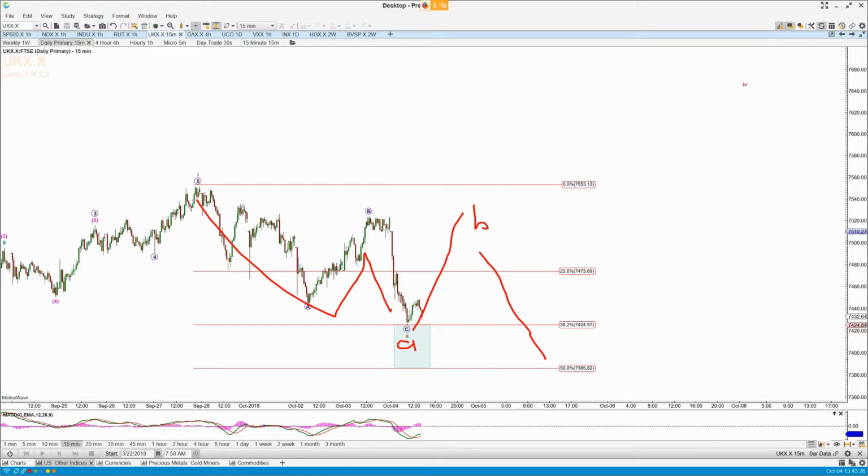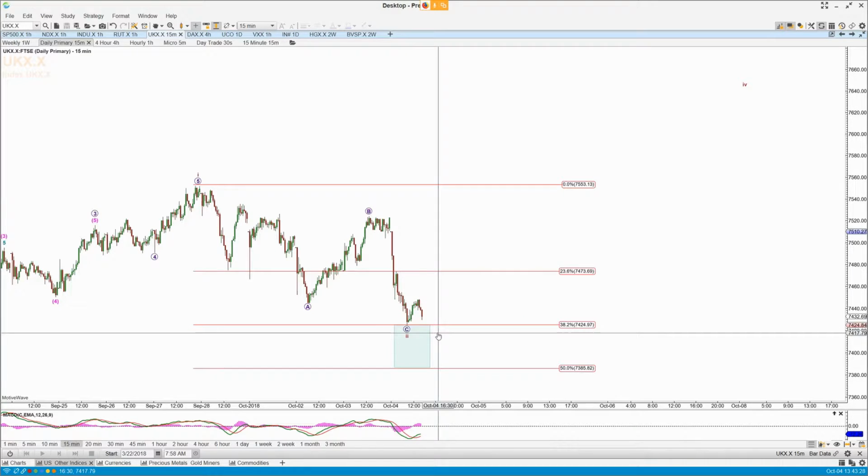Then we get a B up, then a C down to one of the lower fibs. So I'm expecting this to bounce higher. I mean, it's coming down quite deep here, but I think this is possibly a 1, 2 or an A, B of the initial move up. So it gave you an opportunity, as I say, with a tight stop to take an initial position in the